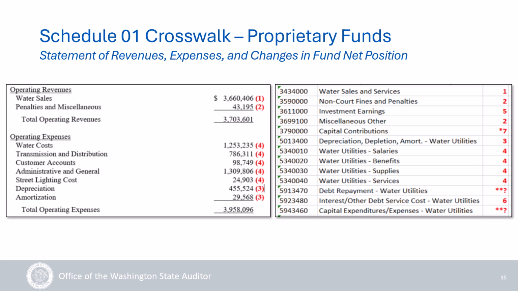The last thing before we move on, if you remember those memorandum accounts we just talked about, I wanted to point out a couple of those on the Schedule 01 example as shown by the 2 red arrows. These line items for debt and capital outlay, these are the memorandum accounts for a GAAP proprietary fund. And so as you can see, you won't find that information on this statement, but remember it is required to be reported on the Schedule 01, even if the amount is truly 0.